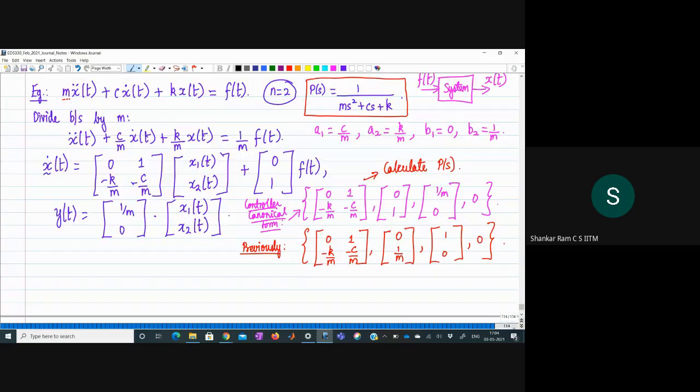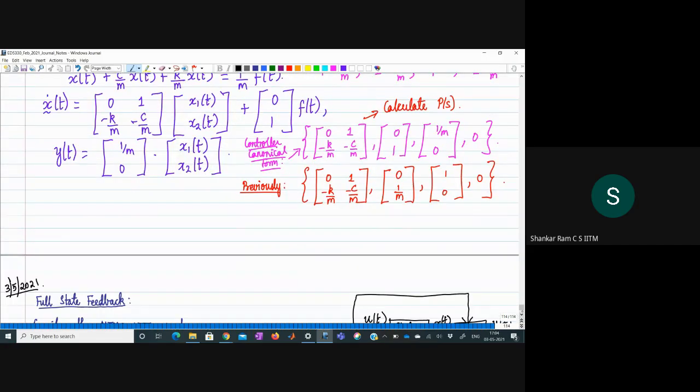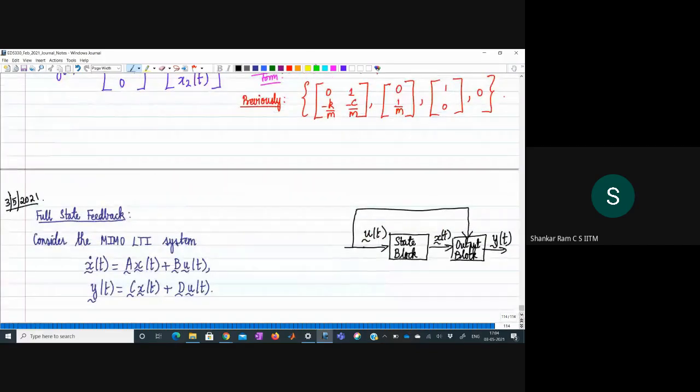Now the question is the following. Can we design a controller which will take the feedback of the state vector, multiplied by some controller parameter, and then give feedback? We should not look at this quantity r of t as a reference input. In state space design, this is looked at as an extraneous input. It can be there or it need not be there. So we are not tracking r of t,